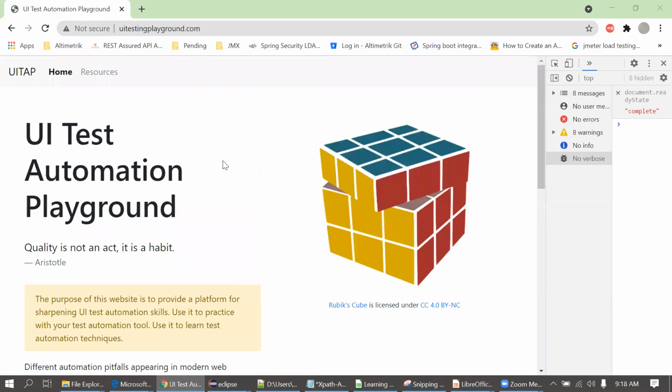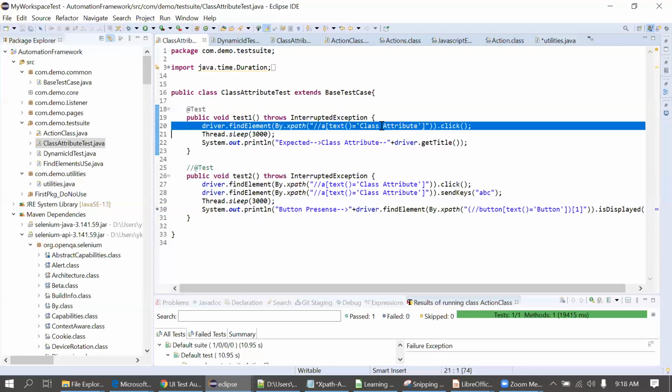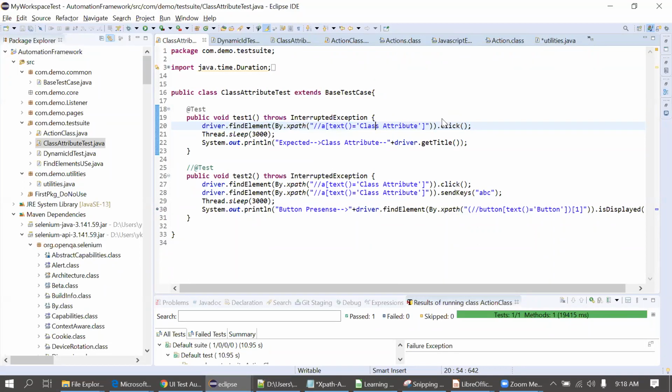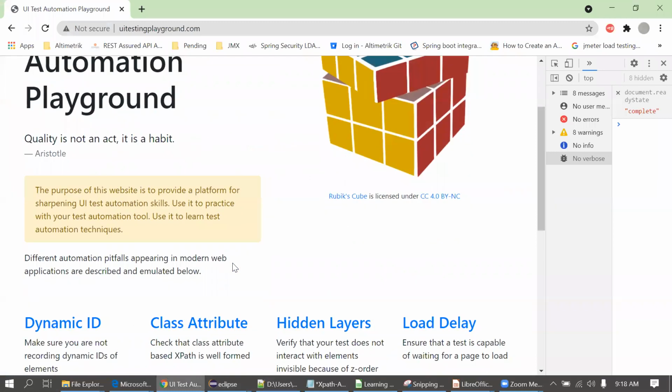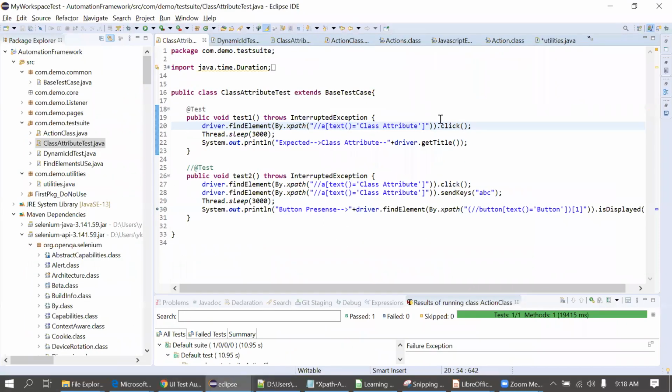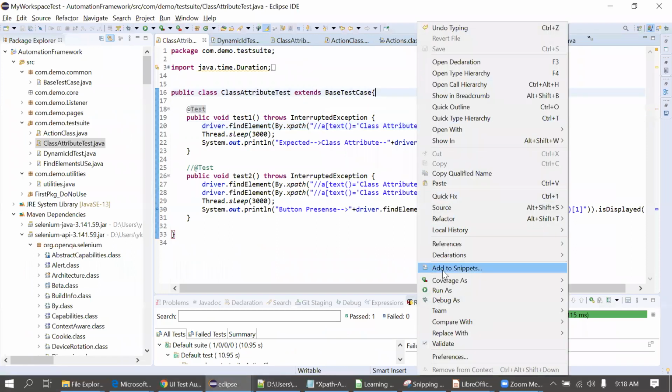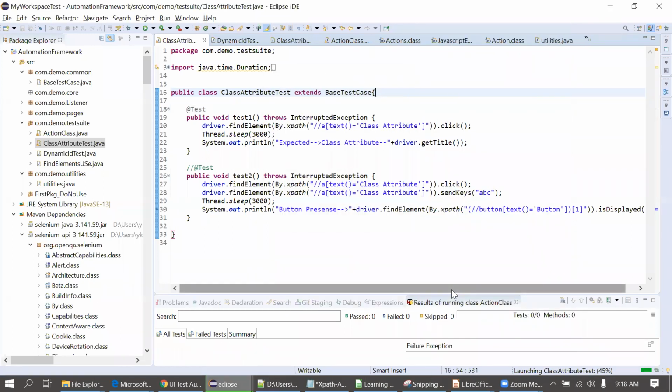So what will happen when I perform this operation, locator dot click, which has to click on the class attribute link? It will just scroll down and click on this. I'm just executing this code, it will be clearer for you. But in some cases, it is not performing the scrolling down. So that's why we have to use JavaScript executor.